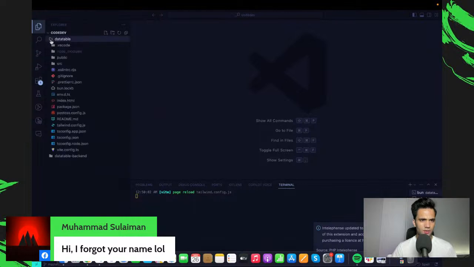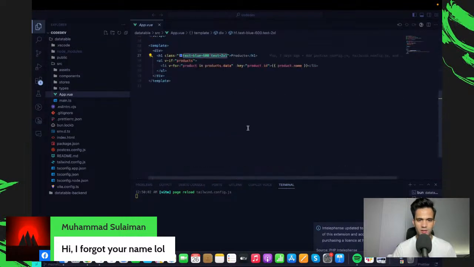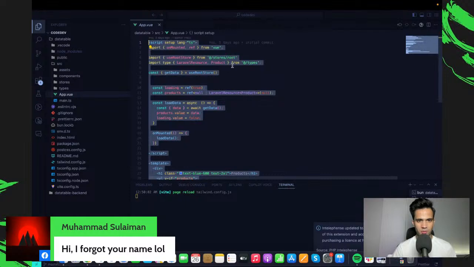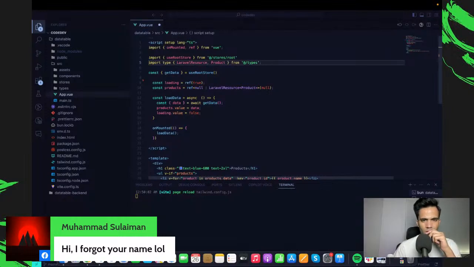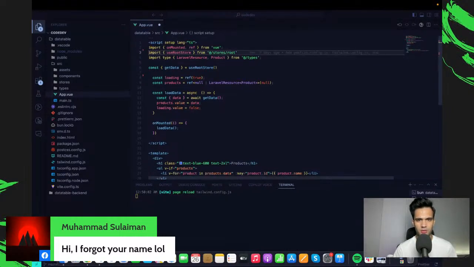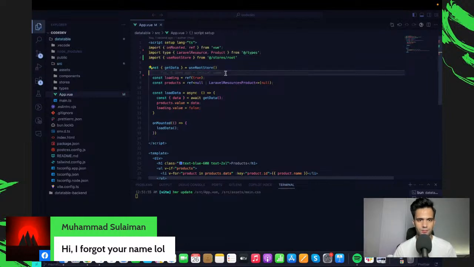So let's go to the front end first. Source. So right now we have only one component, which is never good. Let's try to refactor it before we dive a bit too deep in it. So we got our basic imports at the top. Then we have